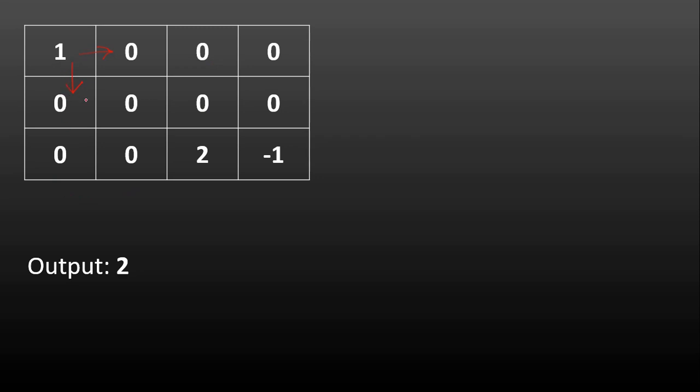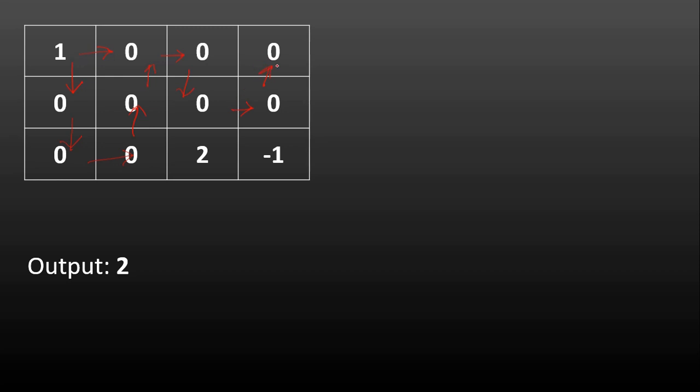If we go that way, I could have gone from here to here, then I could have gone here, and then here, and then I cannot reach this 2 before covering all the empty cells. So I have to go up. And then this was not visited earlier, so I need to go here, here, then here, and then I cannot go to 2, so I can only go to this part, and then I can go to this part.